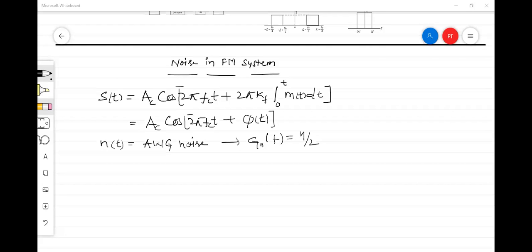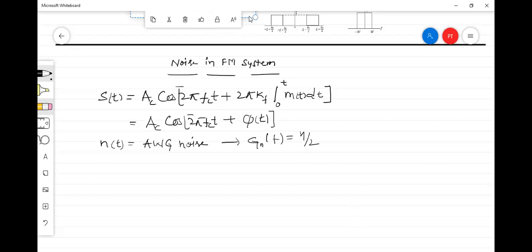Based on the same logic, at the receiver also, we can use one angle modulated receiver for demodulating another type of angle modulated signal. That means we can use a PM receiver along with the required additional circuitry such as a differentiator to detect FM signal. Instead of directly using an FM receiver, we can use PM receiver with an additional differentiator to detect FM signal. So let me draw the block diagram of that one.